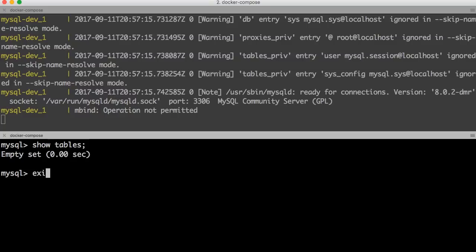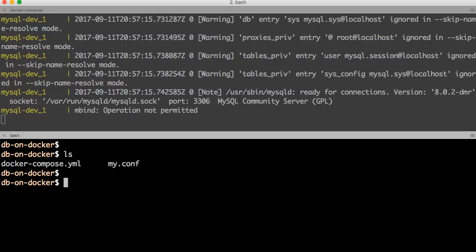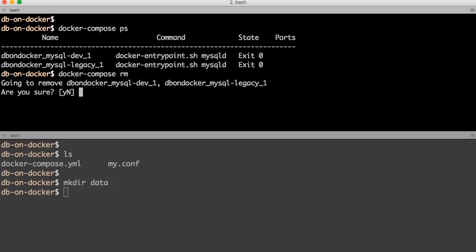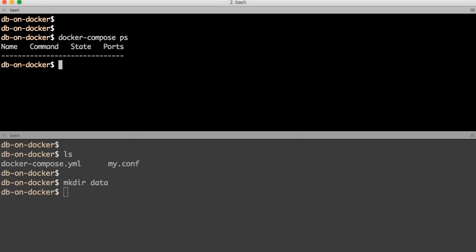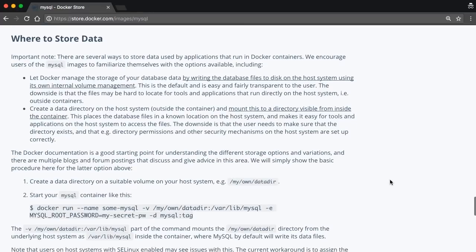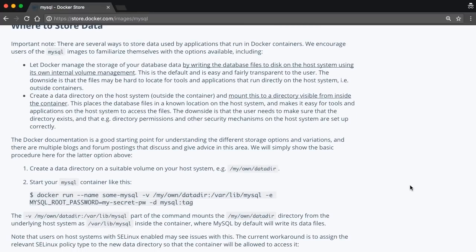Now we can solve that problem by storing the MySQL data on the host file system instead of the container. I will create a directory to store the data for the mysql-dev service. Name the directory data. Let's verify the container status and delete both the containers one more time. Now we need to mount the data directory in the host, the current directory, to the MySQL data directory. Check the documentation for the data directory path of MySQL on the container. Here is the default data directory path,